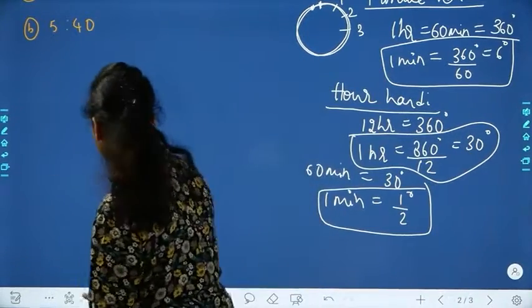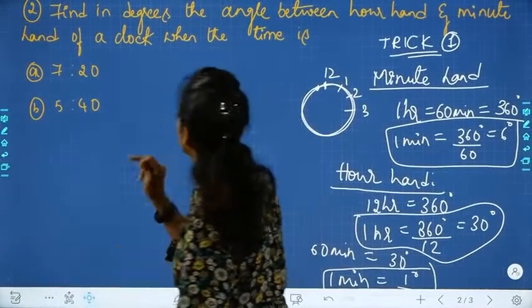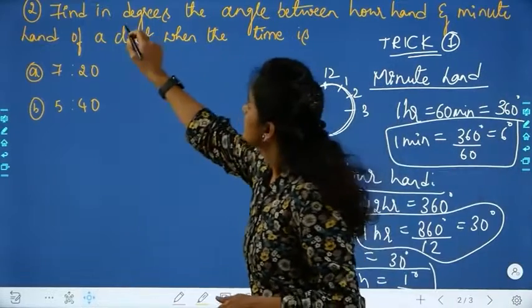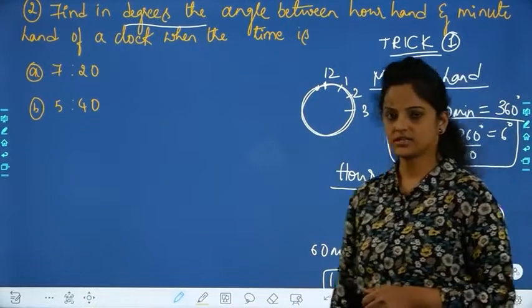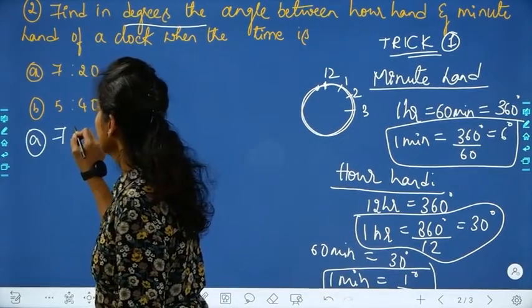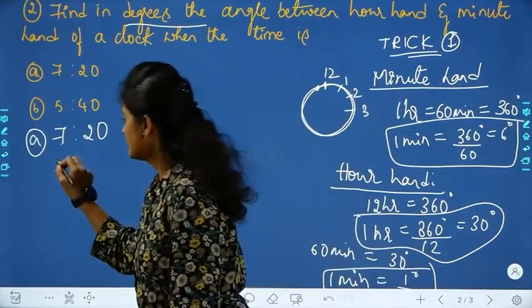Come to the question. They are asking you to find, in degrees, the angle between the hour hand and the minute hand. That is the question, correct? So first one, if I take 7 o'clock 20 minutes, so if I take that in a diagram,